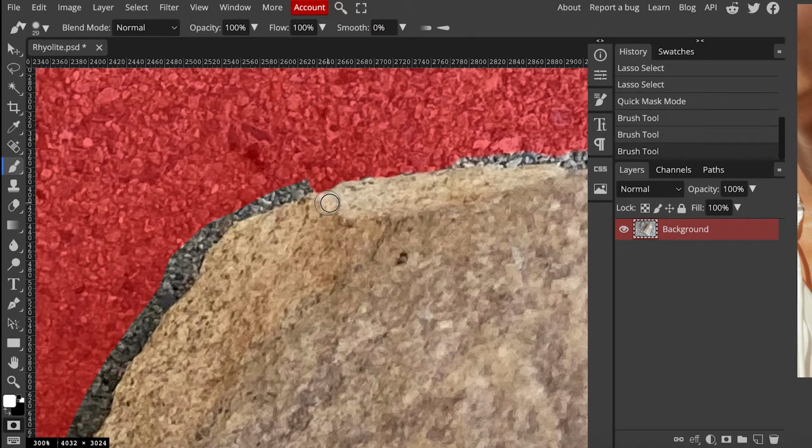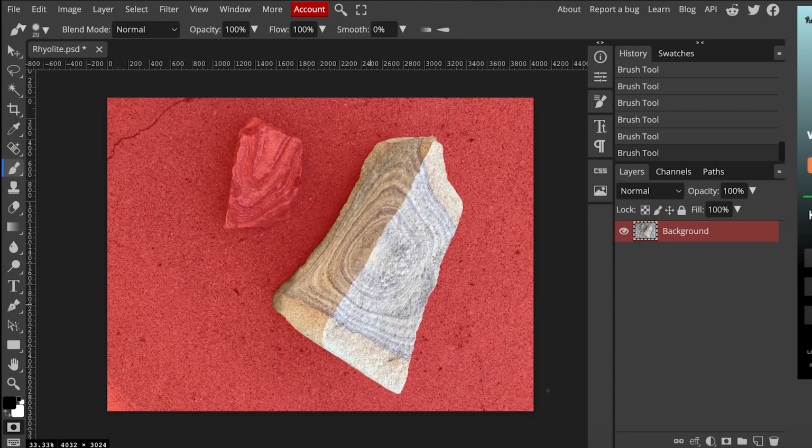Sometimes that's easier to actually paint it on rather than off. So I'm going to go around and get this edge just as close to perfect as I can get it. And we'll speed this up and come back in just a minute. Okay, I've finished going around this rock using the Quick Mask tool, so that now you can see everything except